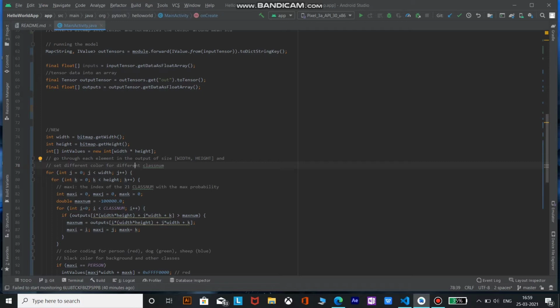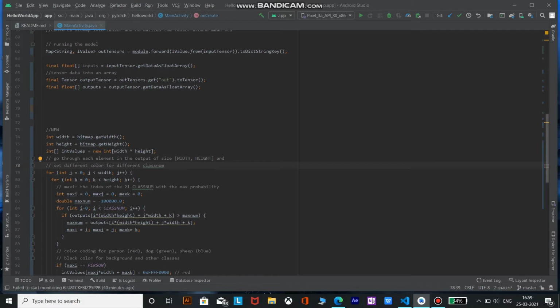So we define a variable j which will vary throughout the width, and k which will vary throughout the height of the image. Next we define three variables: max i equals j equals 0, max j equals 0, max k equals 0. We will use these three variables to note the pixel whose probability is maximum.